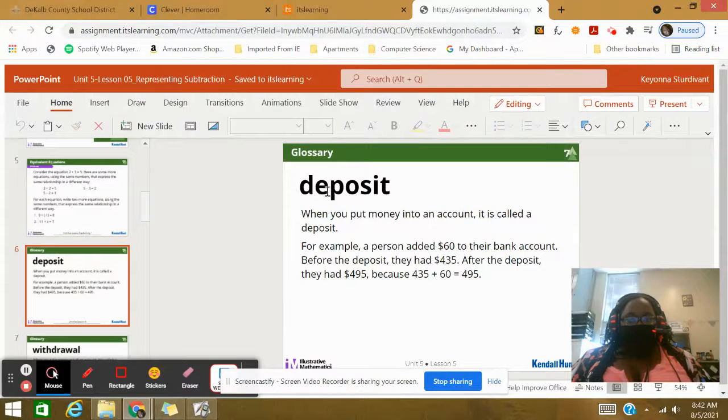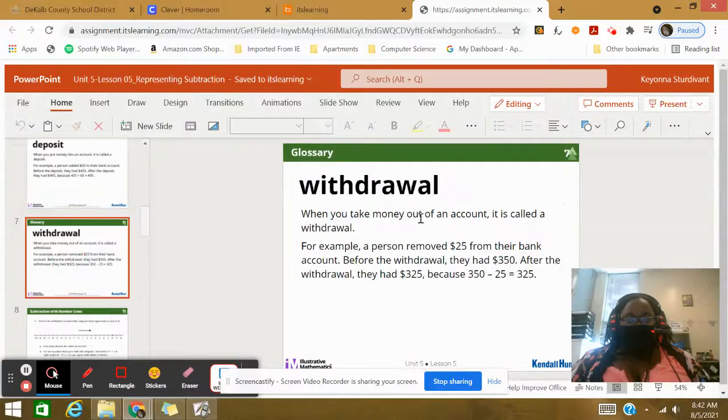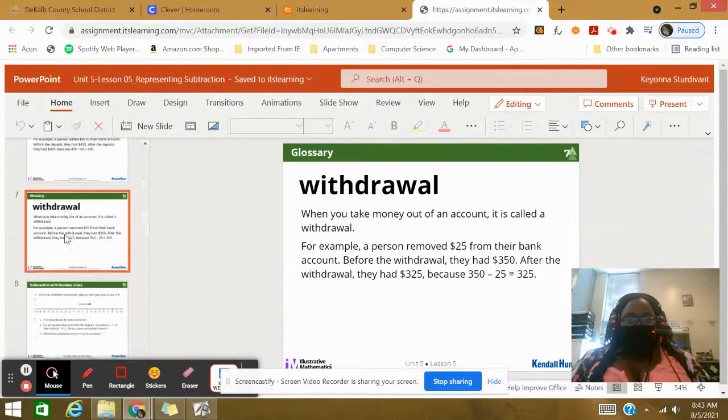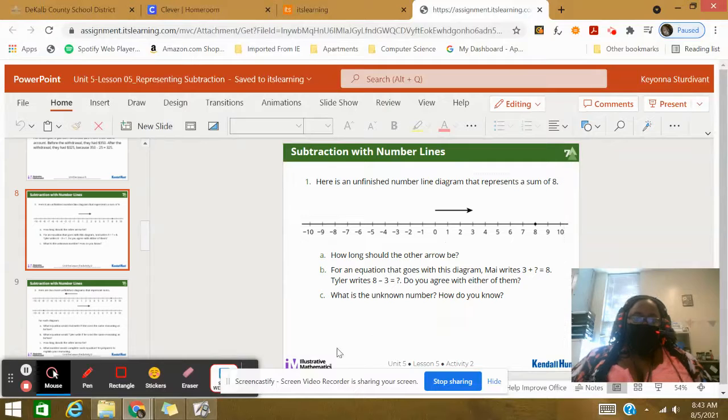Okay, remember that in our glossary, our word bank, deposit means that you're adding money, and withdrawal means that you're removing it or you're subtracting. All right, the next